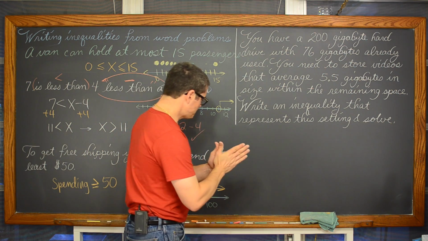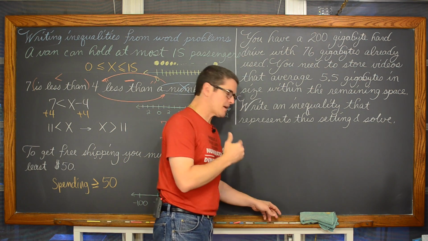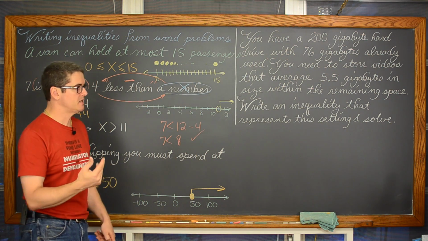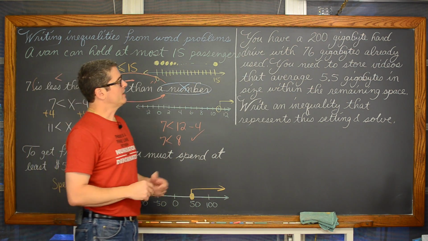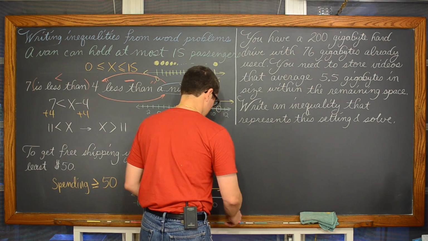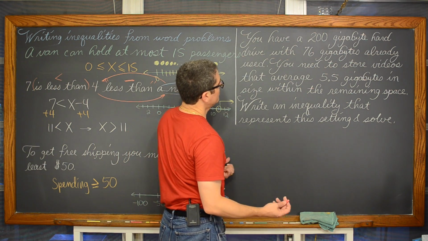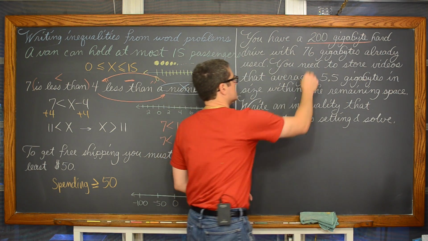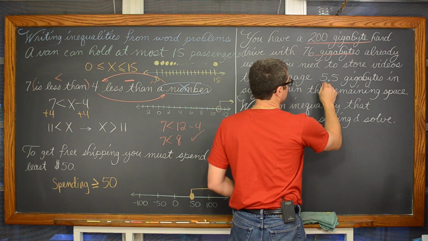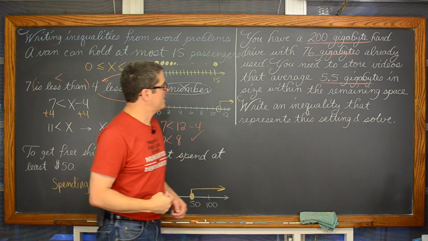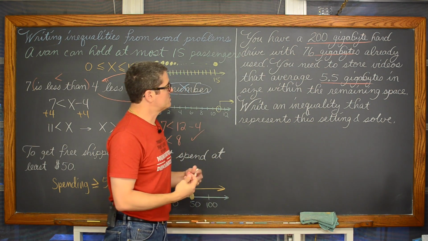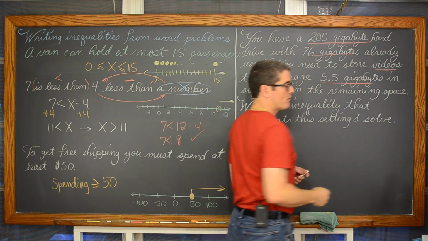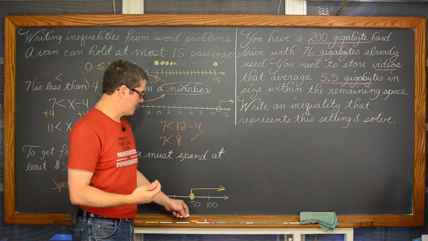Okay, let's kind of shift back into how do you write equations? What's the independent and dependent variable? We have a discussion here about the amount of space on a hard drive. Some space is already taken up, and now we're going to come in and take up more of that space, which is going to be accounted for by the number of videos that we're putting on there. So what is the independent and dependent variable?